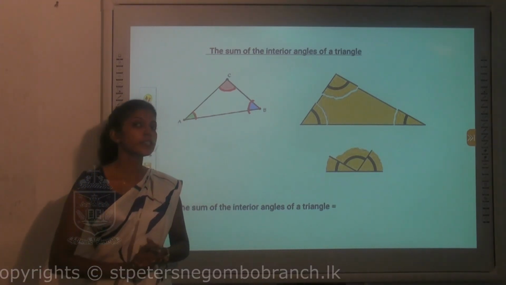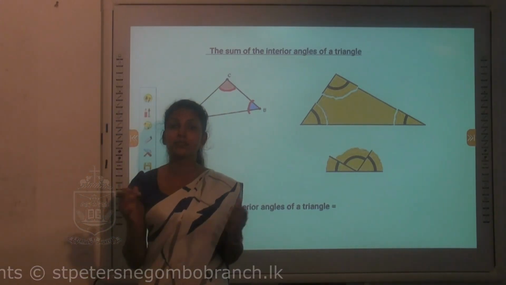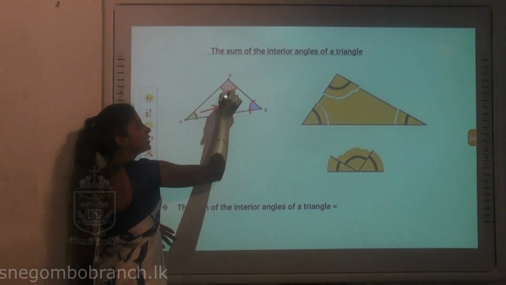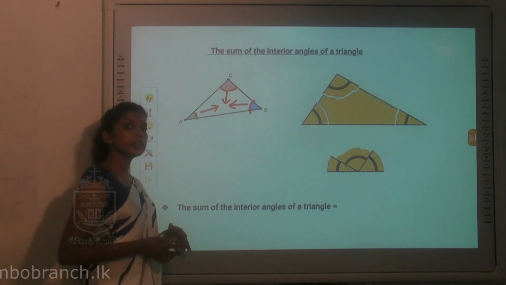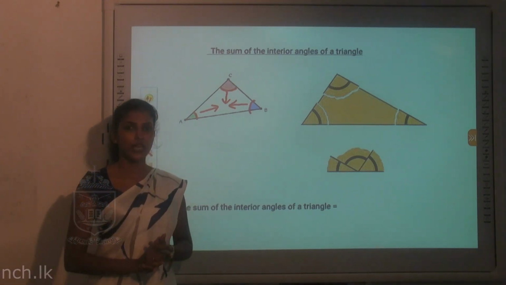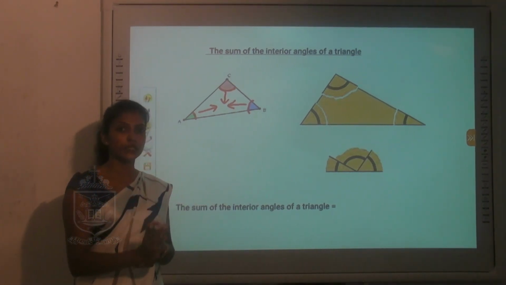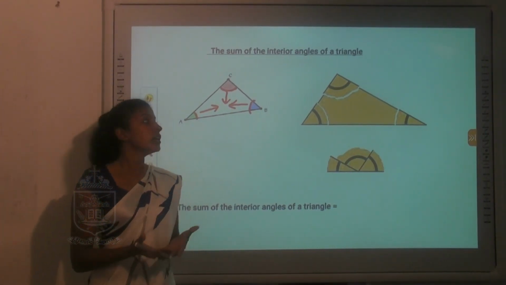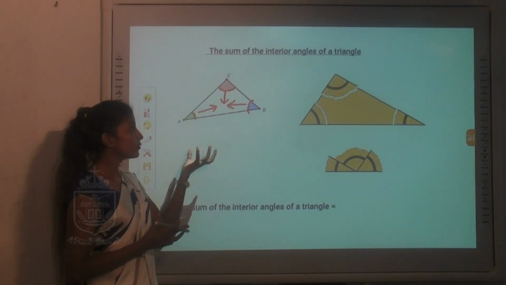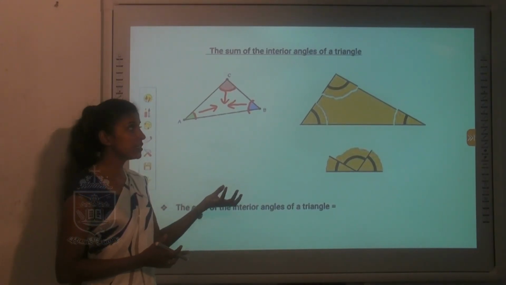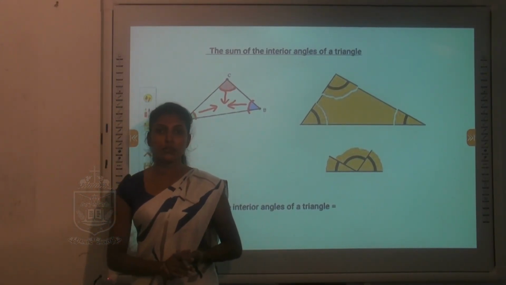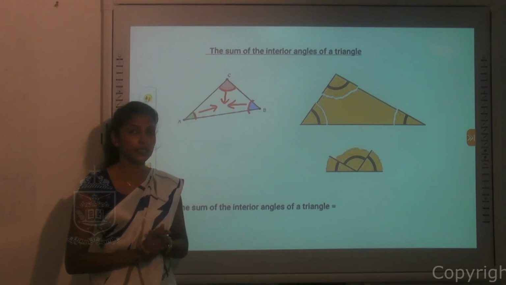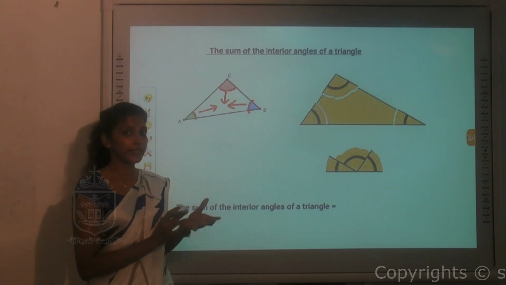In this part, we are going to discuss the sum of the three interior angles, which means we are going to add these three interior angles and check the addition. What is the value we will get once we add all three interior angles? There's a small activity to find out this value. It's given in your textbook also, so you can try it out. I'm going to briefly explain this activity in order to find the final sum.